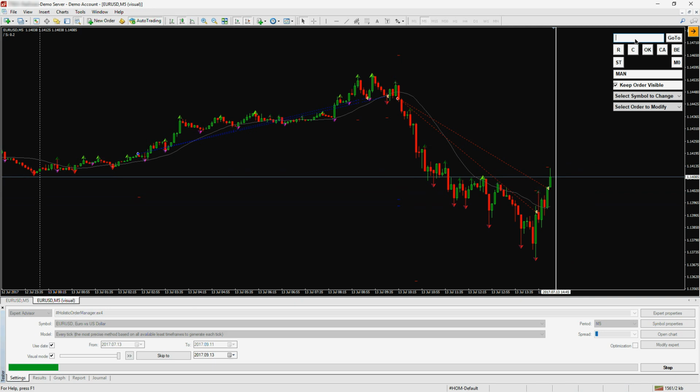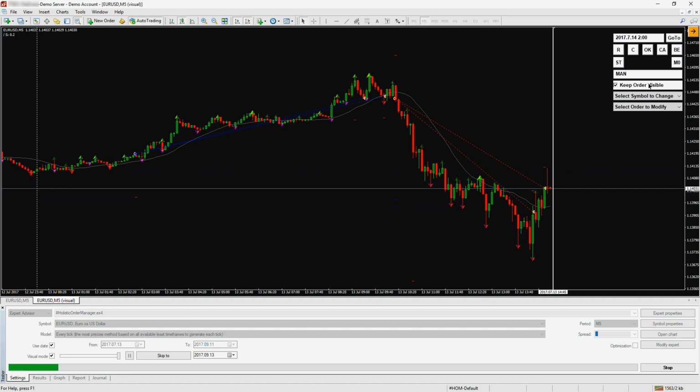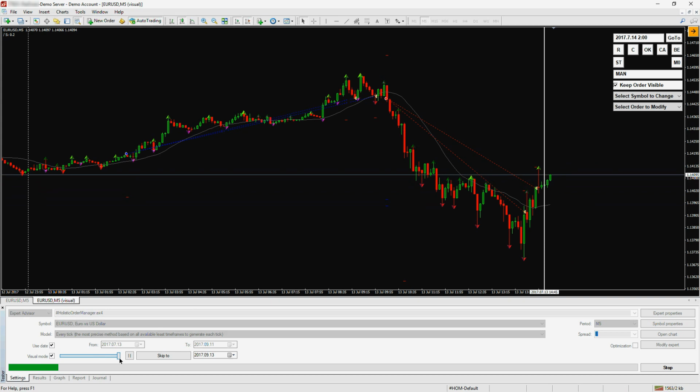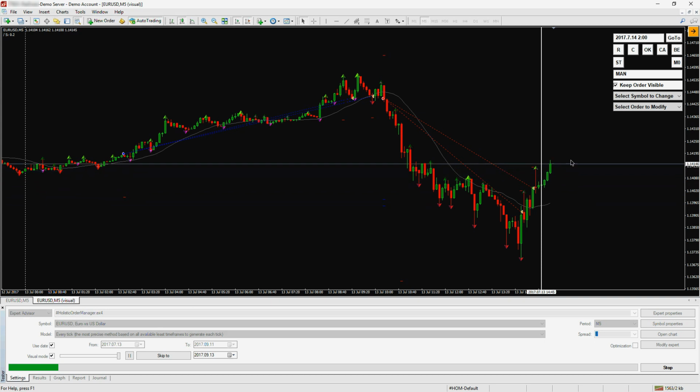it here in this text field, like 2017 7/14. I want to go 2 a.m. Then I can explicitly define date and time. Let's try it on. And if I say go to, then the strategy tester will run at the maximum speed and should stop